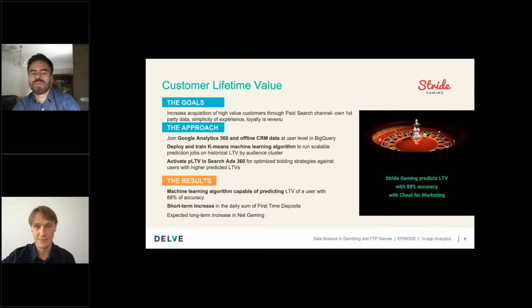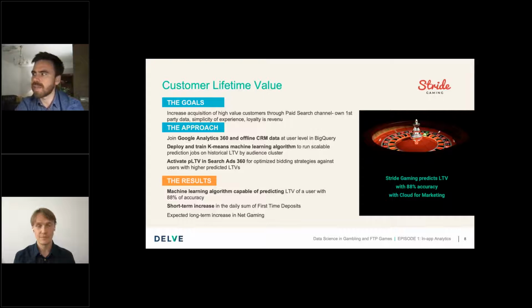So our experience with the implementation of similar projects to address these trends and challenges is with Stride Gaming, a bingo operator from the United Kingdom. Their major KPI was to understand who the people are that are going to make a first deposit.